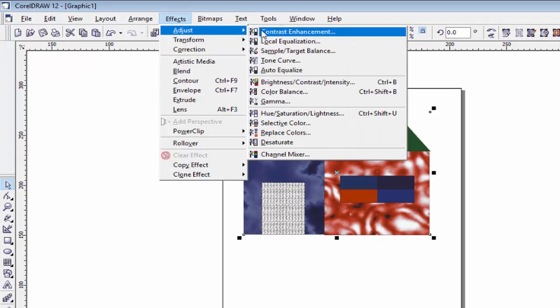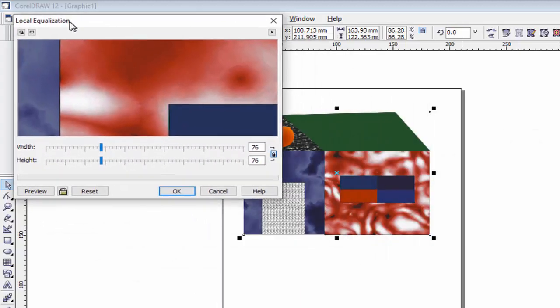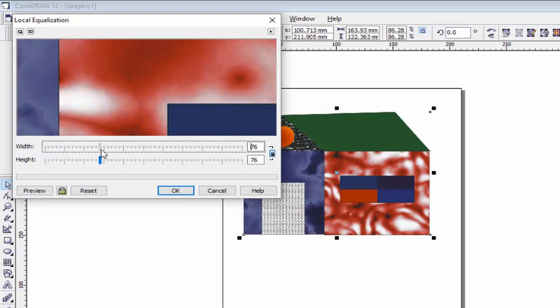You see the contrast of your image has changed. Similarly, if you want to set the local equalization, use this option to set the width and height. Both will increase or decrease together. If you want to increase or decrease only one, like only width or height, click on this option to unlock, and now you see only width will increase or decrease and only height will increase or decrease.